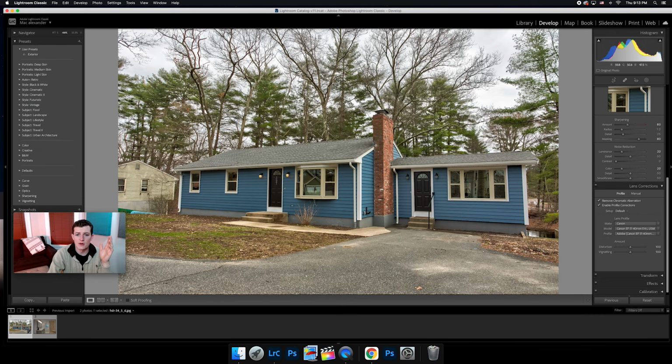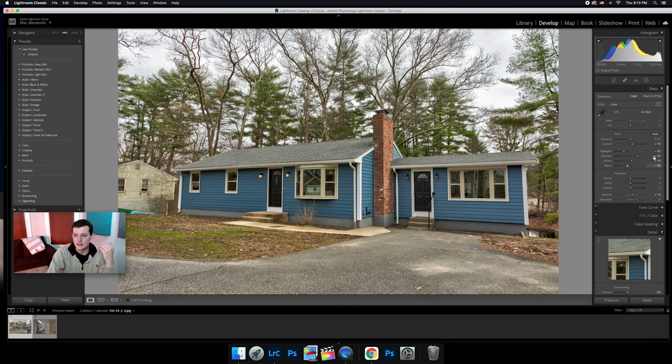Because it's such a cloudy day in this picture, all those settings didn't really do much, especially everything in our basics tab. That's because it's a cloudy day, so our light is very even. As you can see, there's no really harsh shadows, there's no blown out highlights. This histogram looks really balanced. But if this was a sunny day, or especially if the house was backlit from the sun, you'd have really harsh shadows, really bright highlights, and this negative 45 on highlights and this plus 50 on shadows would really make